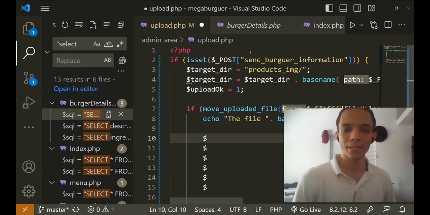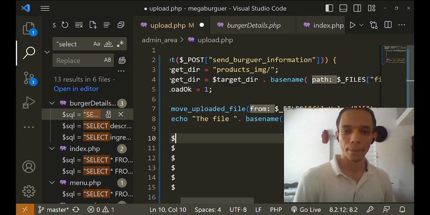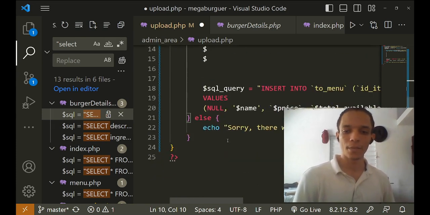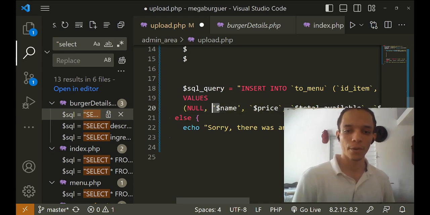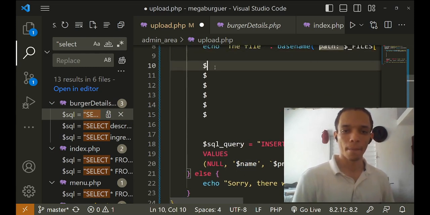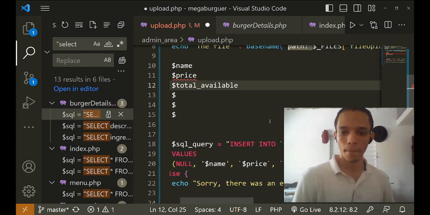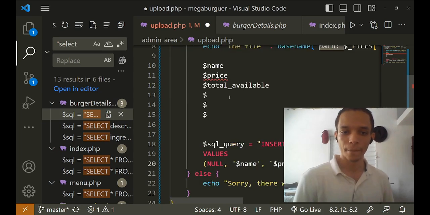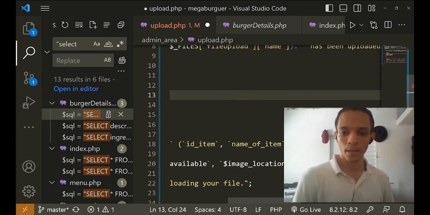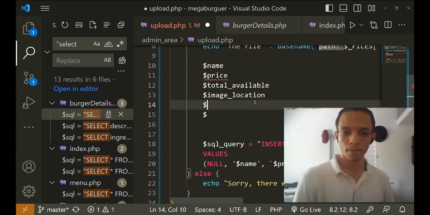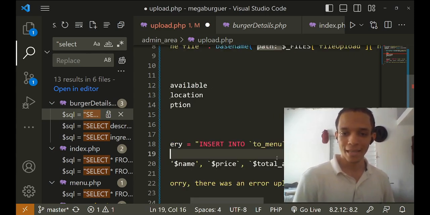Now what I want is for each name that is here, I'm going to use over there. Name, price, total available, image location, description, sorry, ingredients,